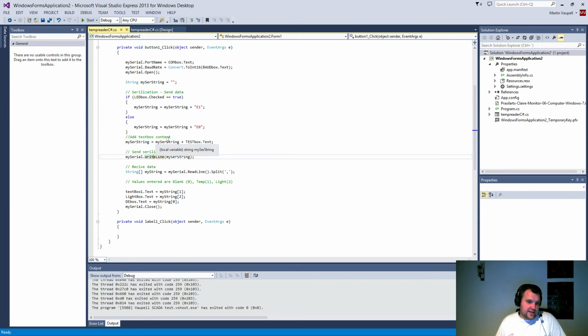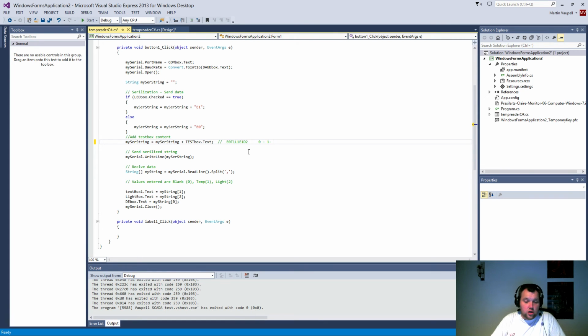Then this string now looks something like this. I'm just going to type it right here. It's going to say E0T1. This string is the one I'm going to send to Arduino, and I could build it up infinitely. It doesn't really matter. The point is, I'm already making an error because, as I explained before, I'm only sending